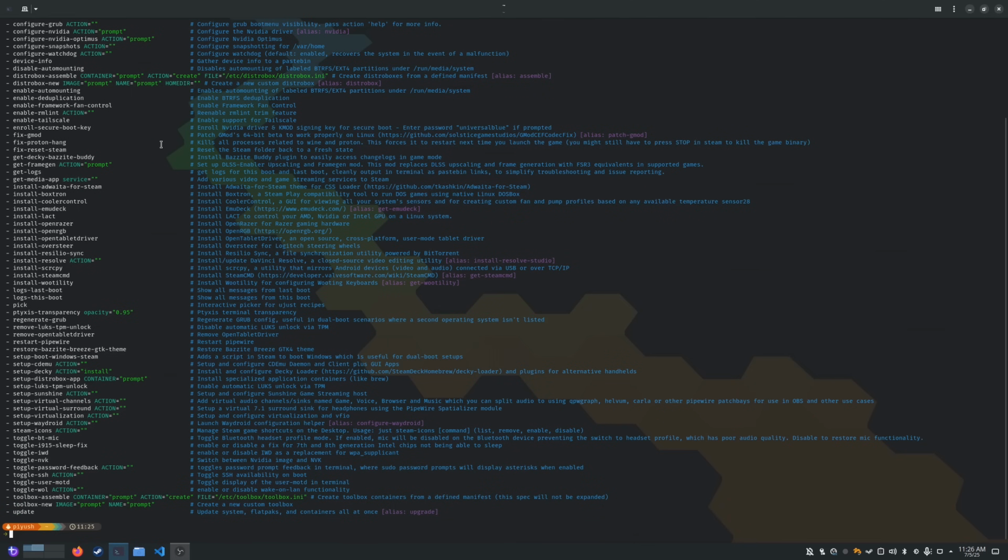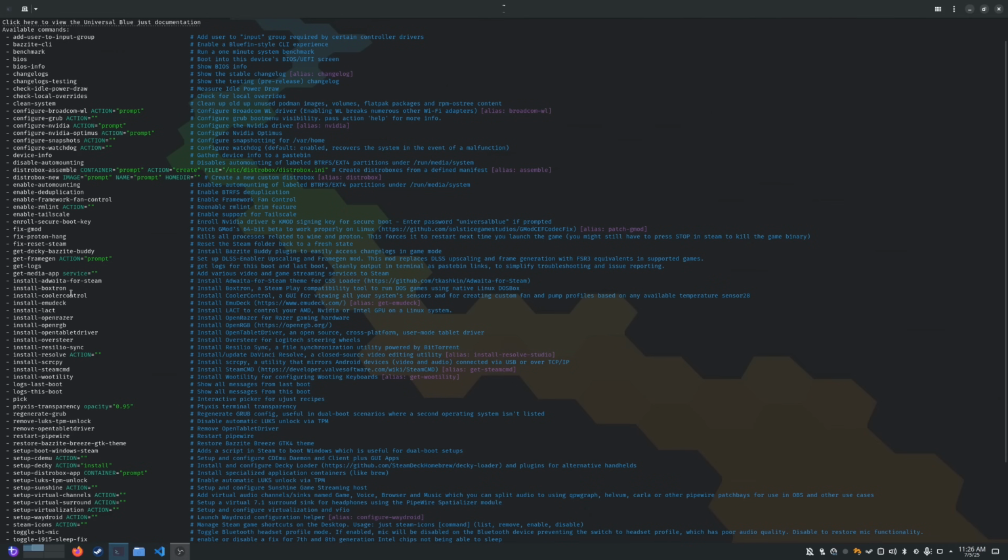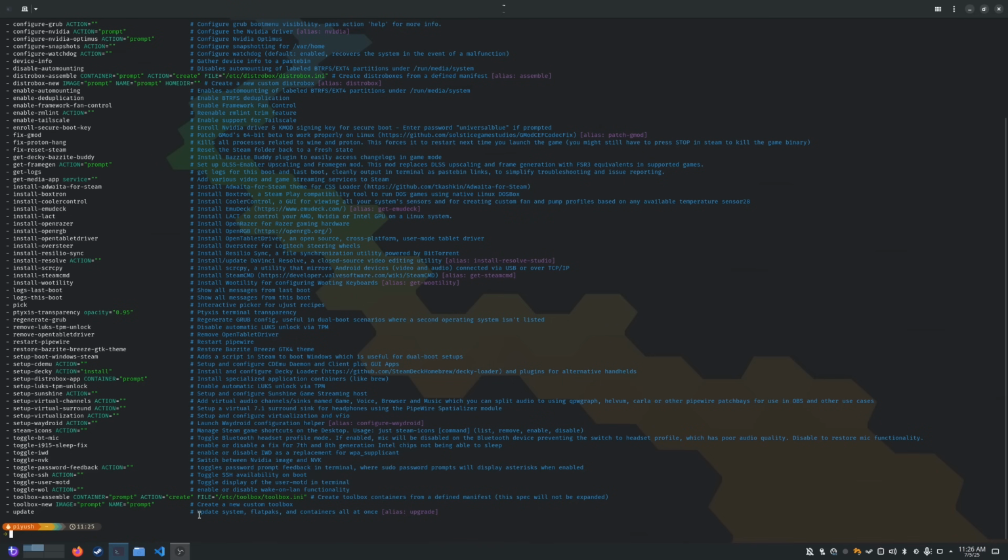So for example, if you just want to update your system, there's this command called update here. If you want to install some kernel level stuff, like for example, CoolerControl, or OpenRazer, OpenRGB, or oversteer, which is something you'd need if you have a Logitech steering wheel or something. All you really got to do